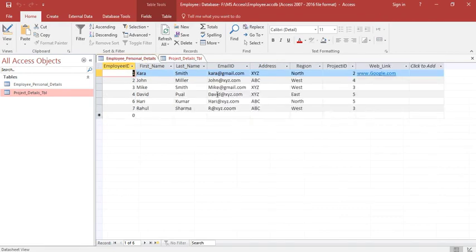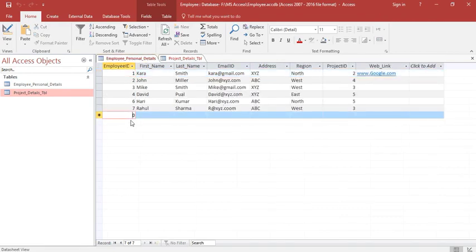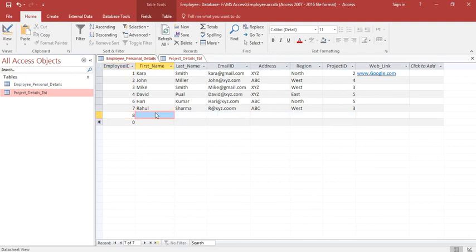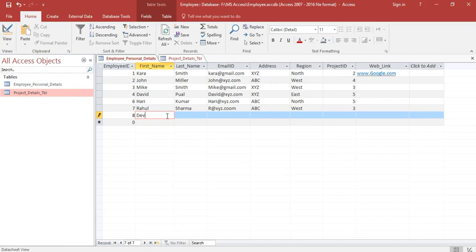If I try to add a new record, let's say 8, and this belongs to Dev Raj, and the email ID of Dev Raj is t@xyz.com, and the address is XYZ, belongs to North region, and project ID is 7,